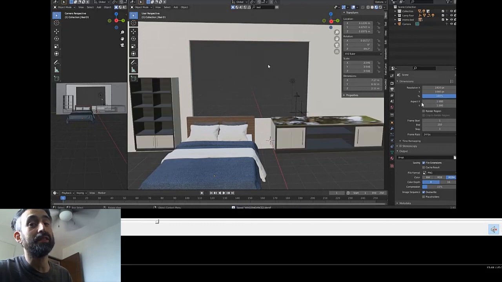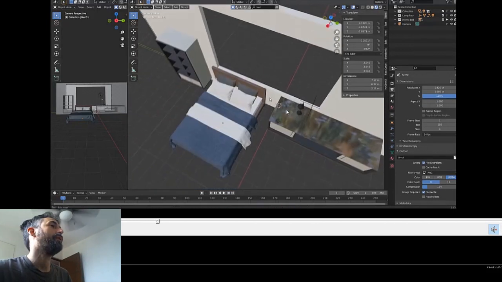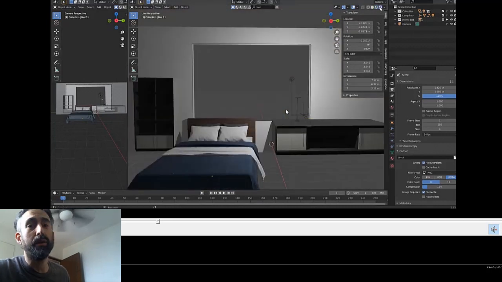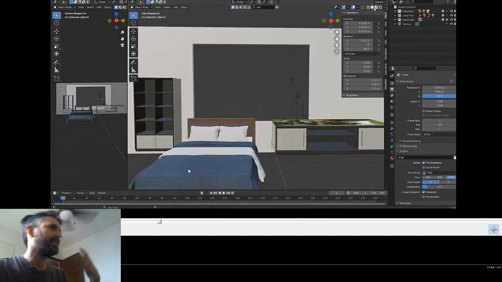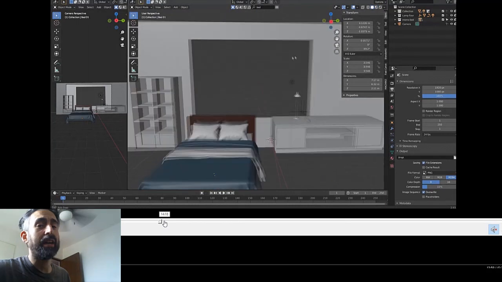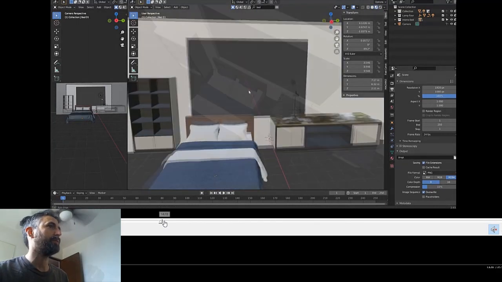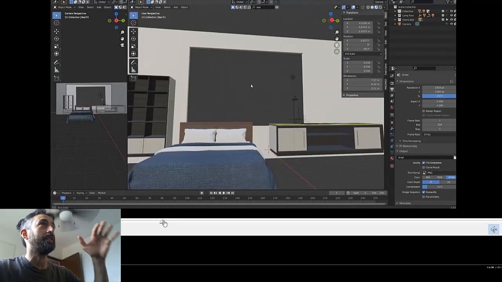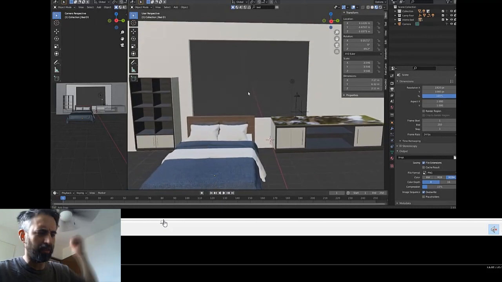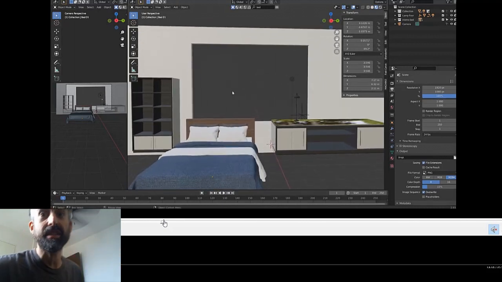Use the Cycles rendering from Blender, or you can use V-Ray, but V-Ray costs. So play with the lights and just experiment, but don't take a lot of time, because time is money, friend. So let's say I need to finish this in 3 days. You must be all day like this without distractions. Don't be on the phone, don't be on Facebook. You must sacrifice everything